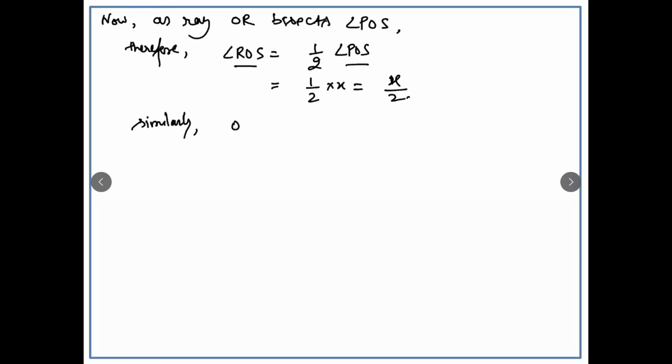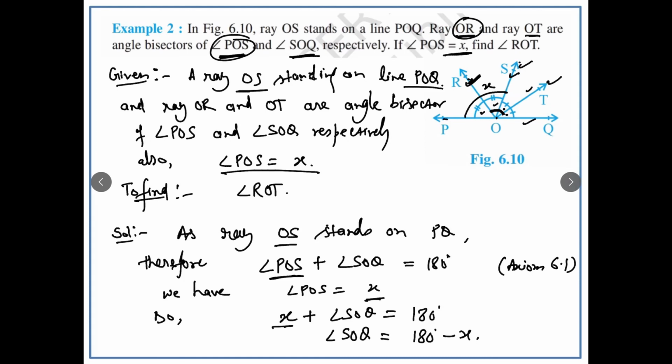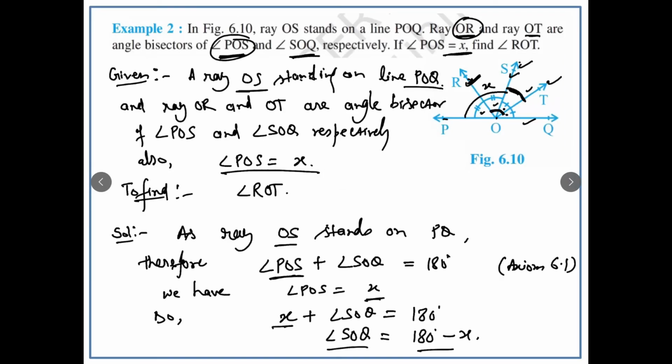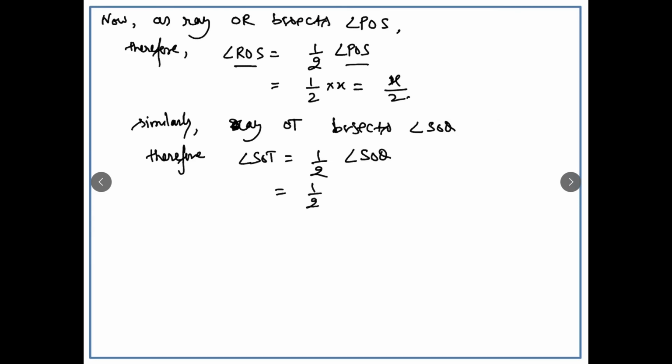the ray OT bisects angle SOQ, therefore its bisected angle, which is angle SOT, we are taking this part of angle SOT, will be half of angle SOQ, and SOQ we have calculated here, SOQ is 180 minus x, so it will be